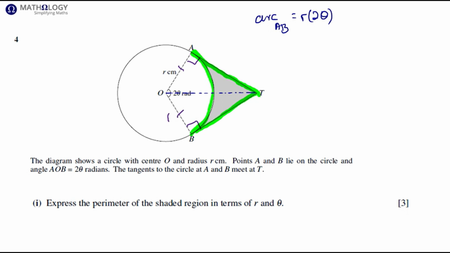We know from Euclidean geometry that two tangents drawn from the same point outside of a circle are equal in length. So we know that AT equals BT. So once we've got one of these two, we can just double it to get the sum of those lengths. And then we can add it to the arc length AB and get the perimeter of the shaded region. Okay, so AT